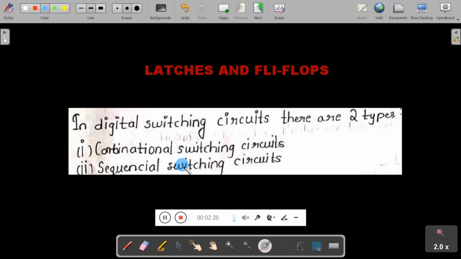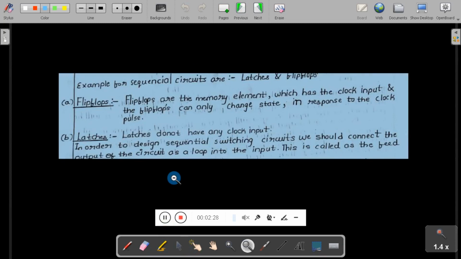Now we will see the difference between flip-flops and latches. In this module we will study sequential circuits, that is latches and flip-flops. Flip-flops are memory elements which have a clock input, and they can only change state in response to the clock pulse.